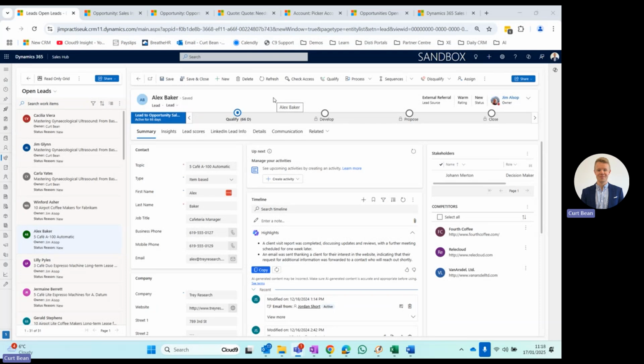And today we're going to be looking at the Dynamics Sales module, which is the core CRM platform helping salespeople and sales teams manage their process from lead all the way through to quote and ultimately to win and then account management. So the process starts with a lead,